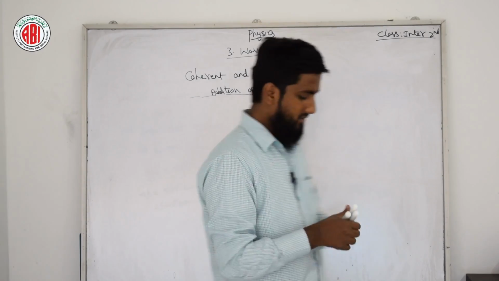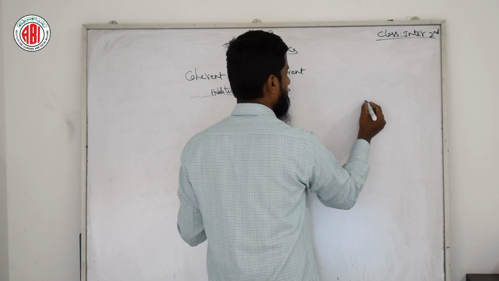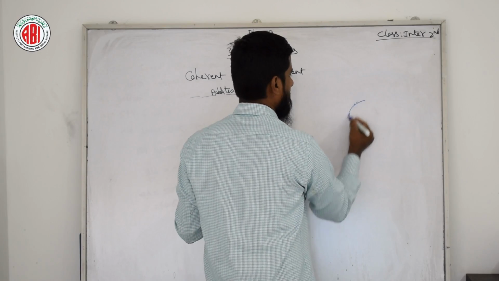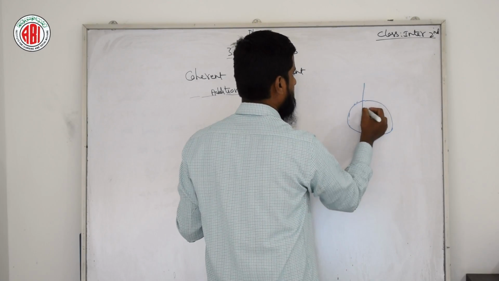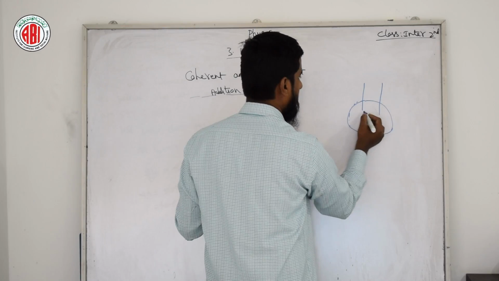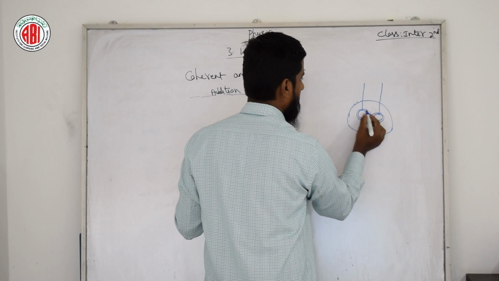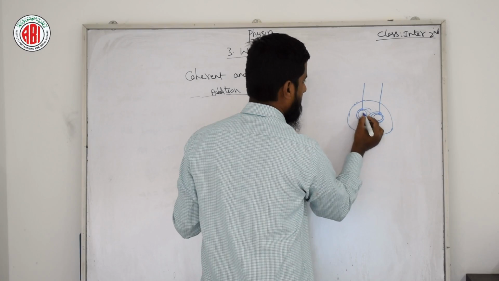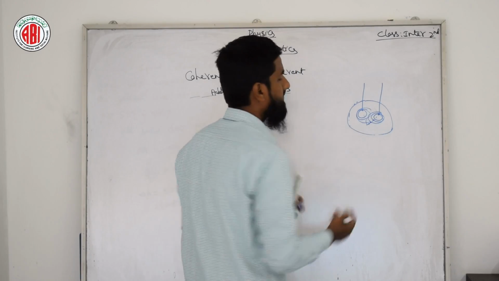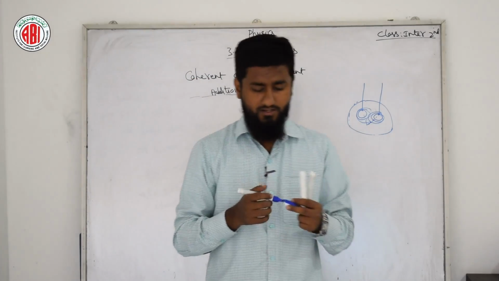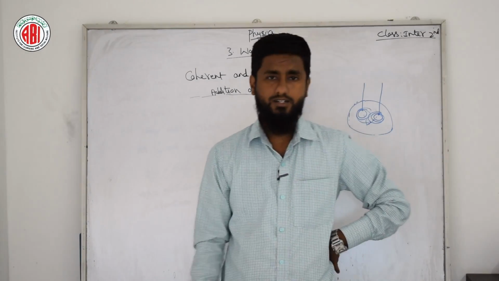So for that I am going to explain this. Consider this is our space, or you can say water or anything. We are disturbing it with one pin and with another pin, and we will form two waves. After this, there will be a point where these two waves meet, and the sum is nothing but coherent and incoherent addition. For that I am going to read a few things and you can understand.